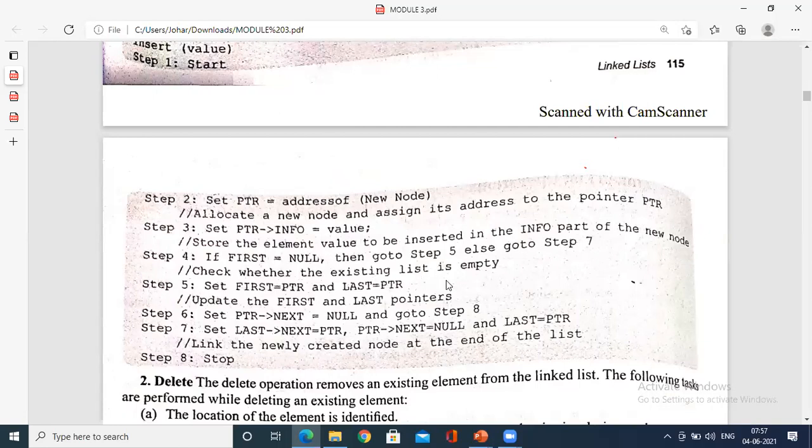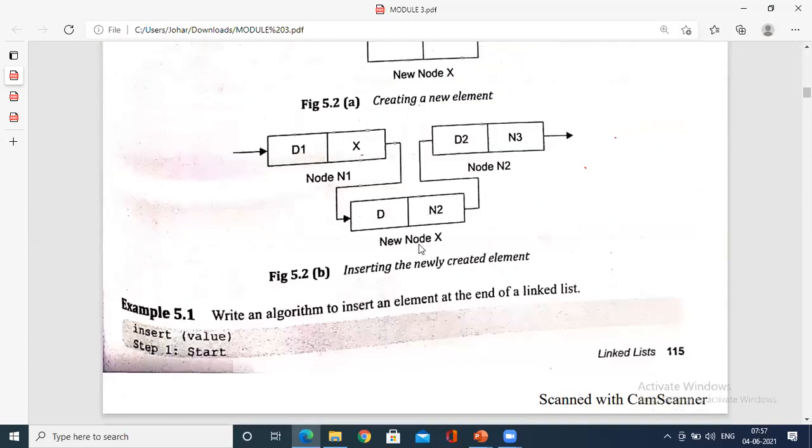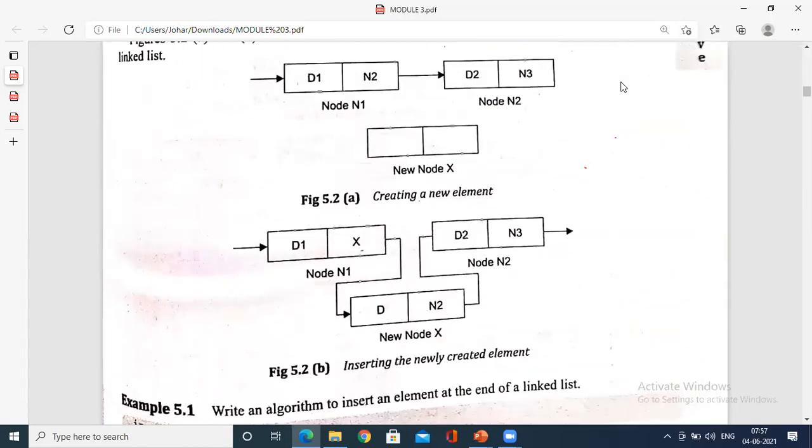Then check whether the existing list is empty. Update the first and last pointers. We need to update the last and first pointers. See, what we did in this case is a simple case. You don't have to go into that much logic. You updated this part, is it or not?